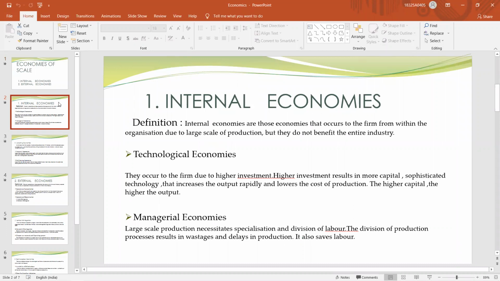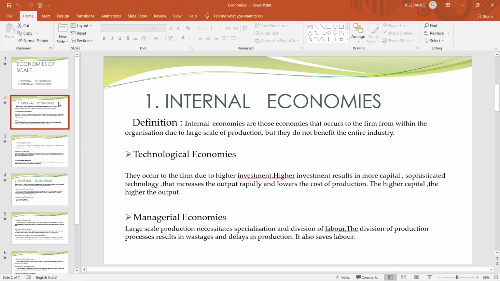Internal economies are those economies that occur to the firm from within the organization due to large scale of production that do not benefit the entire industry. So these internal economies do not benefit the entire industry. And the first one is the